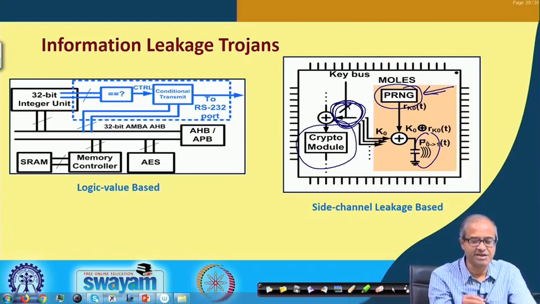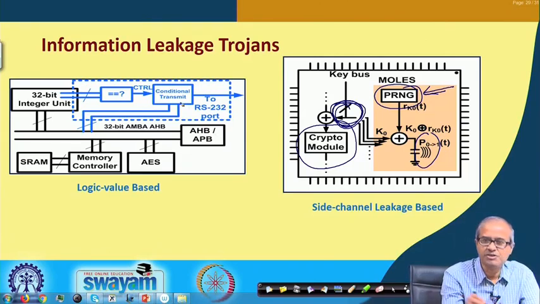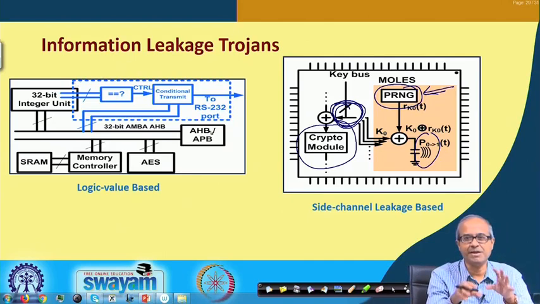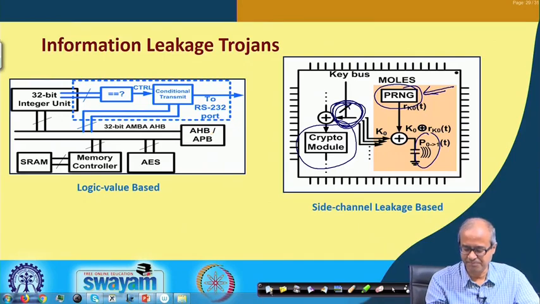And here the diagram on the left says you may be having a processor kind of environment, some processor, memory, bus. So, there can be a Trojan sitting on the bus. Whenever some activity is happening on the bus, the data on the bus is getting captured and something is happening, some modification is done. So, you can have so many different things.